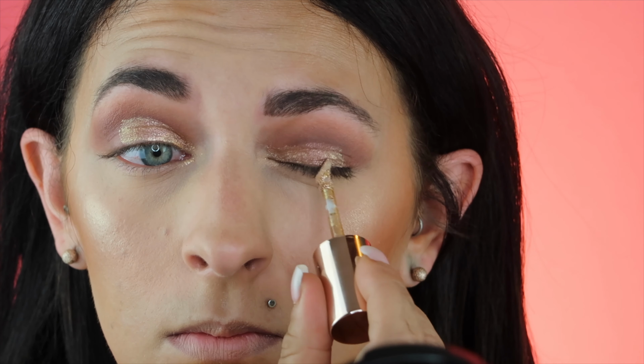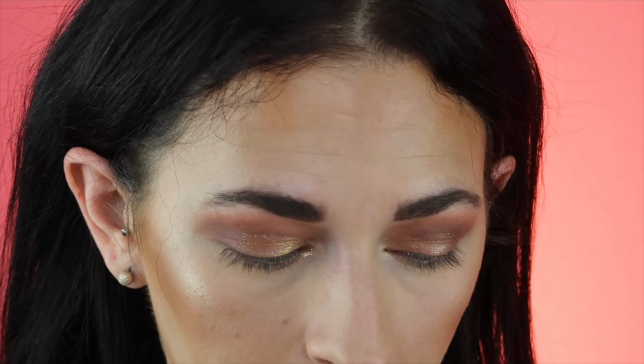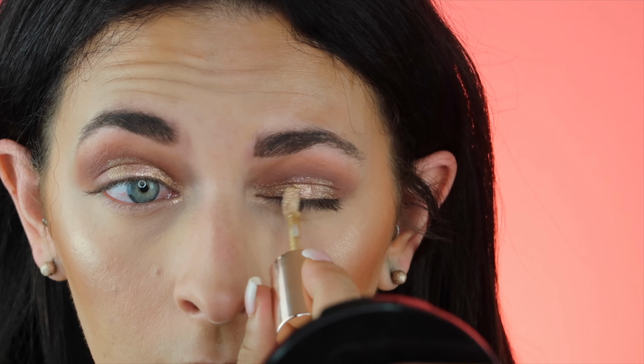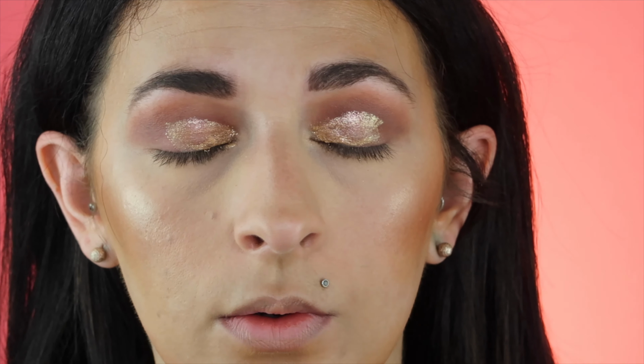So I will say you have to go back into the tube. This eye is definitely more intense than this one, which isn't the biggest deal, but like I said, I just don't really love the applicator. I like that it has the stopper, but the stopper is kind of stopping everything. All right, so like I said, it is going to obviously transfer into my crease, but that is what it looks like. Let's give it a second, and then we're going to buff that